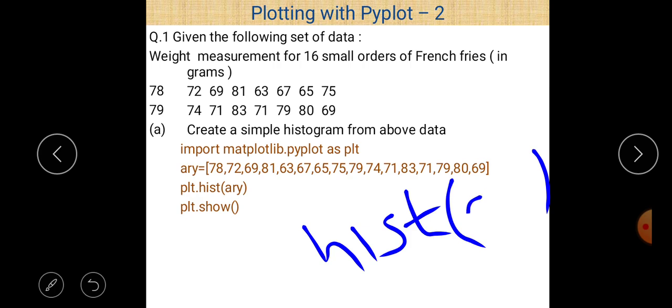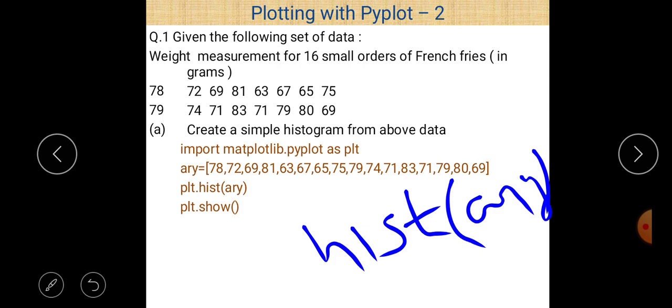In this case it is ary, and since we just have to create a simple histogram, no other parameters are required here. Just after that, use the show method. So just write plt.show, and because of this we are able to see the histogram on our screen.